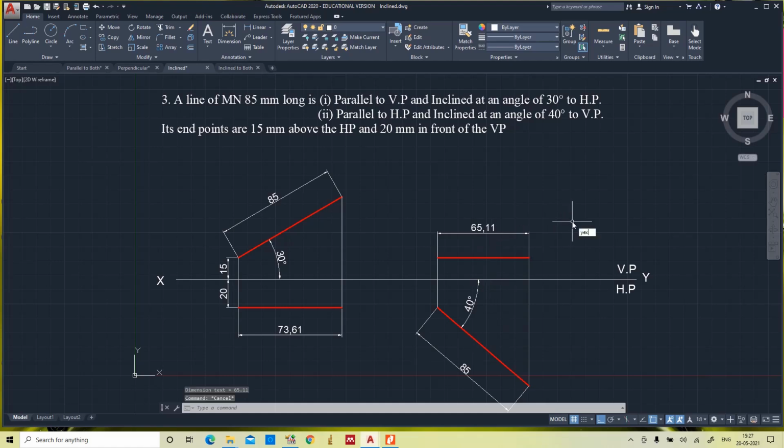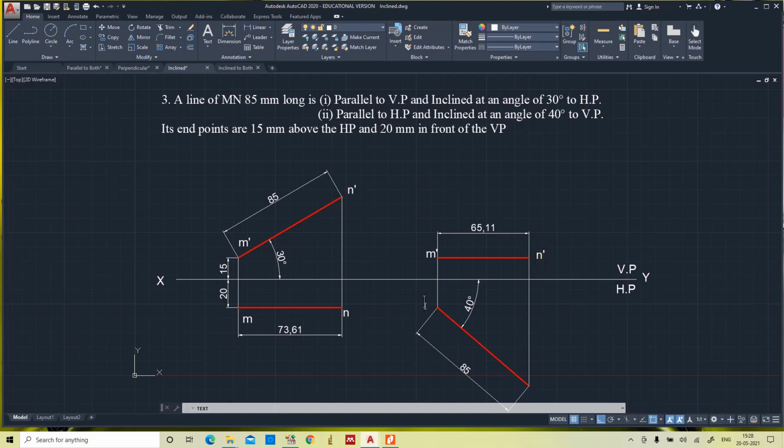Now we will give the notations. Text, specify start point. So the line is MN. The front view will be M dash and N dash. Coming to top view, M and N. The same here also, M dash, N dash.